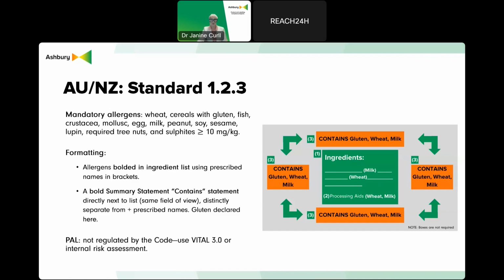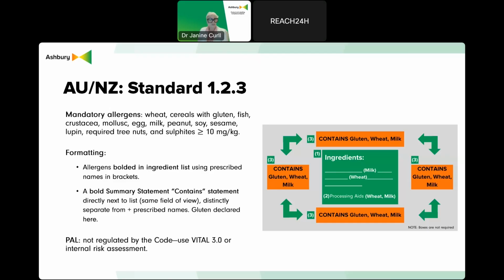For example, only the required names from Schedule 9 can be used. And some names differ between the ingredient list and the summary. For example, gluten appears only in the summary statement, never in the ingredient list, when you declare wheat or any other gluten-containing cereal. Also, tree nuts can no longer be listed as just "tree nuts". You have to name each one, like almond, cashew, walnut, and so on. There are also changes for soybeans, gluten cereals, and mollusks.